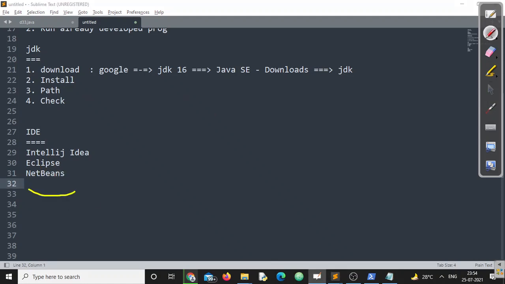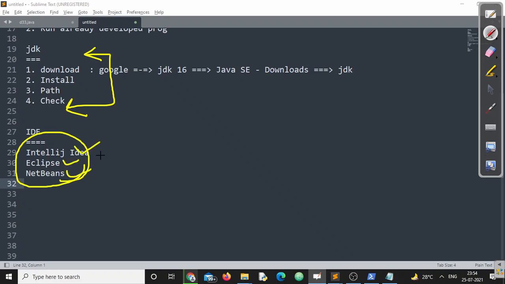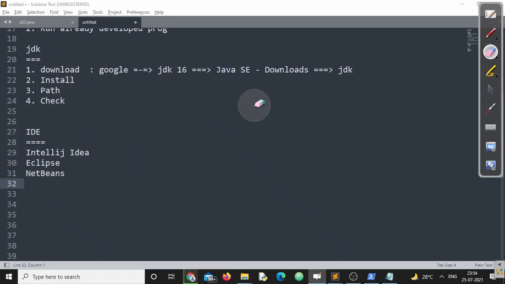But all the IDEs are very helpful for writing programs, very helpful for Java development. But before installing these IDEs, make sure JDK is already installed on your system, so that you can happily configure all this. The configuration is very easy. Once you have installed the JDK, download the software from the respective website and go for installing it. During installation, they will automatically detect where your Java is installed and configure themselves, right?